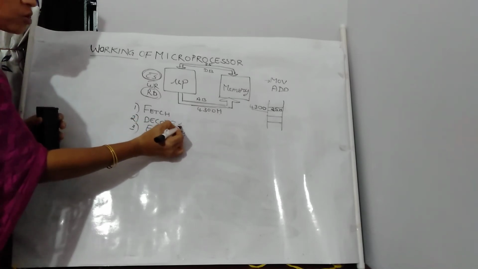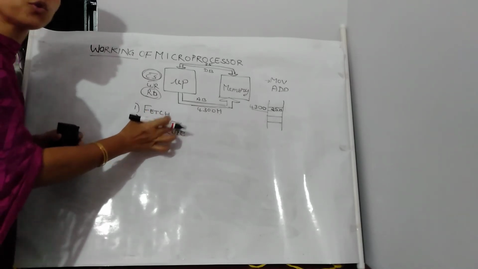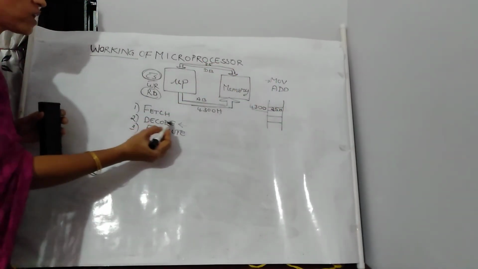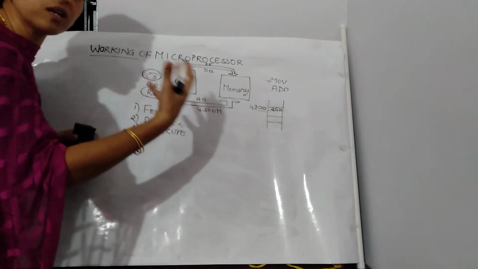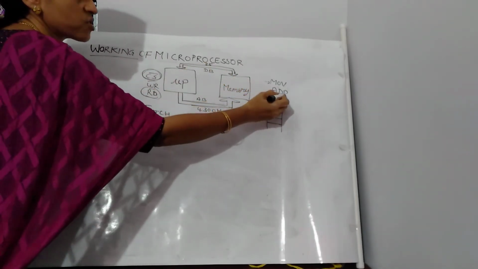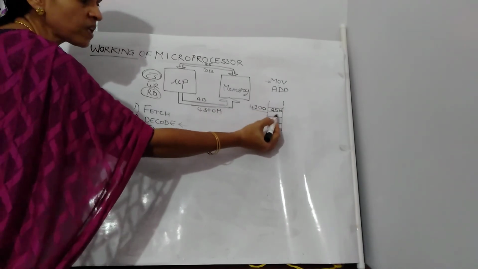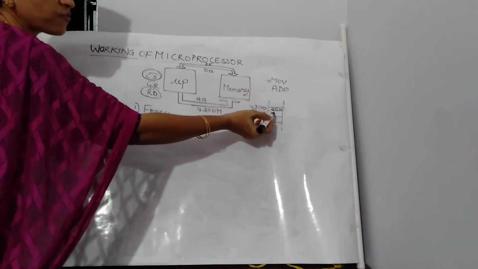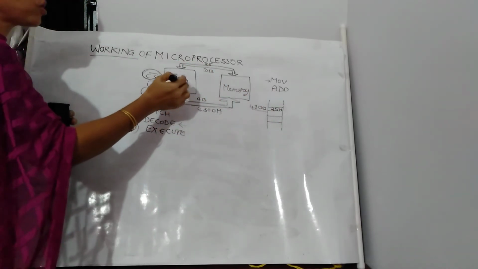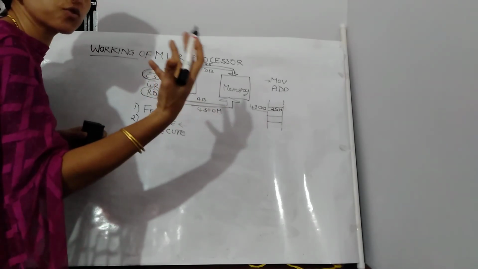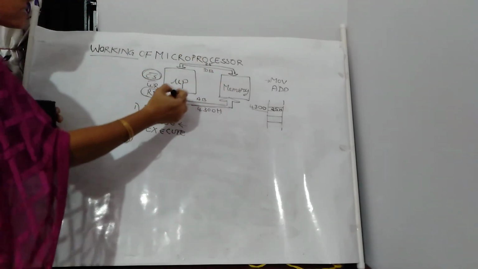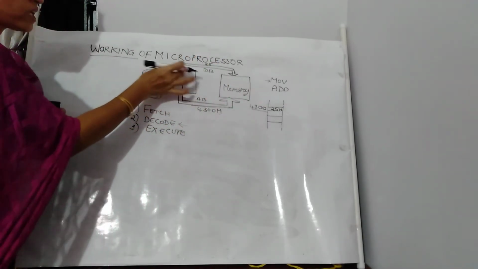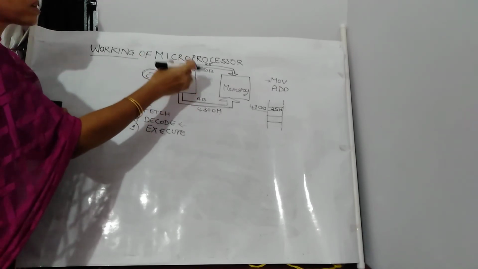The next step is the decode. The decoding is done to understand what is the next operation. That is, if it is move instruction, after decoding, microprocessor will know it has to do the move operation. Suppose if it is add instruction, and the add instruction opcode is somewhere in the next location. After fetching that data, the microprocessor will know that it is add instruction, so it has to do the add operation. Okay, so that is how decoding is done. And after decoding in the microprocessor, it knows what it has to do.